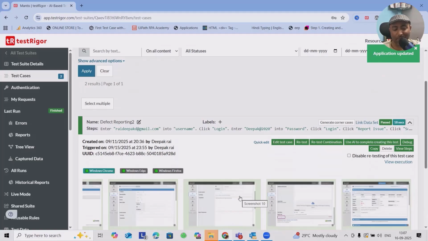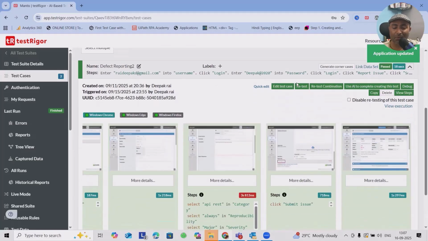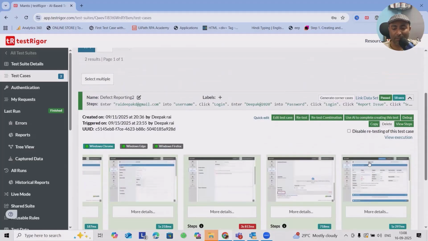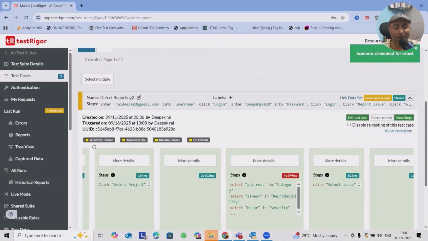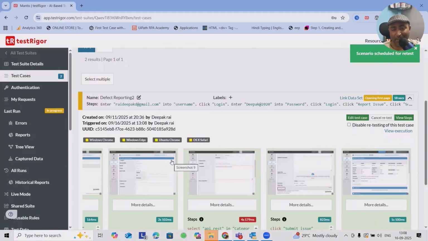Earlier to this one, I executed on three browsers: Windows Chrome, Windows Edge, and Windows Firefox. It executed successfully, where I can see the result is pass. I wanted to retest this, where you can see as per my selections, it's showing me first it will start